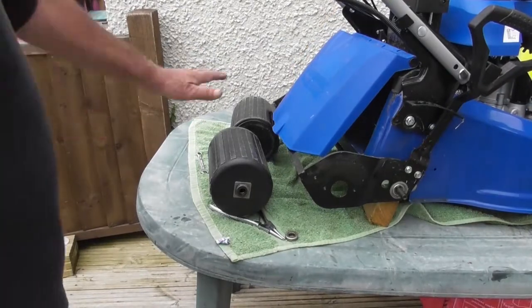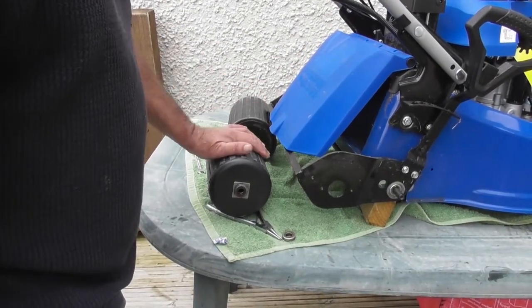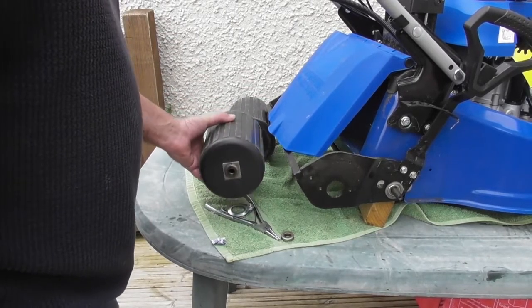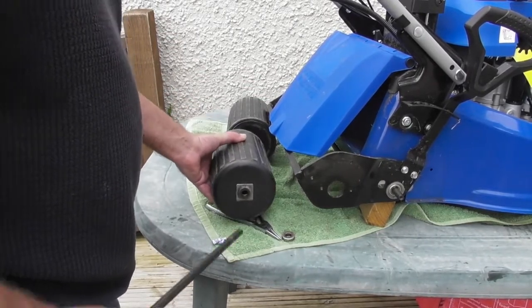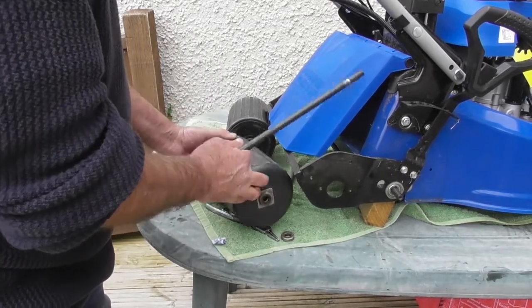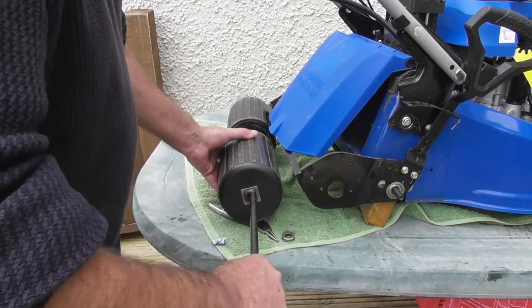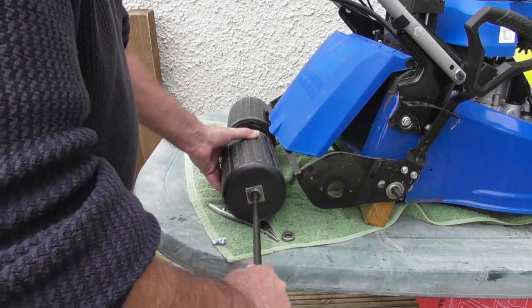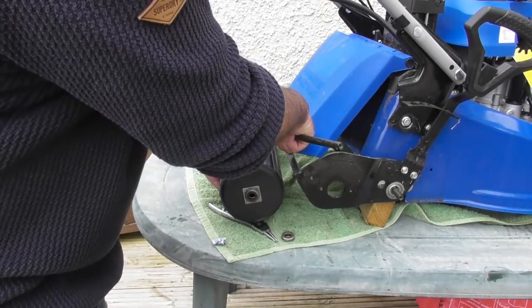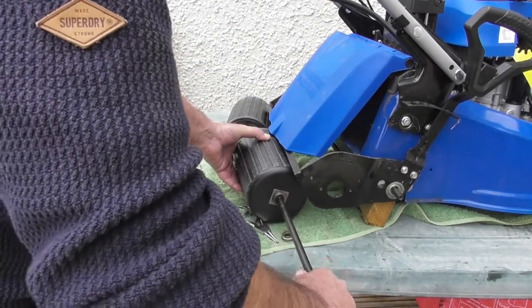When we come to put our new rollers back in, they are handed and directional. So important to, when we fit the new rollers, that they're put in the correct way round. So obviously they have a boss on one side and the other side is flat. So if we bring our drive shaft in the direction it will be with the chain flats on this end, and just place it into the roller,